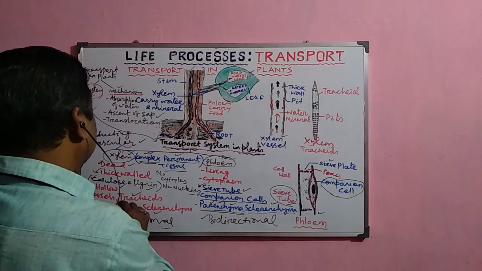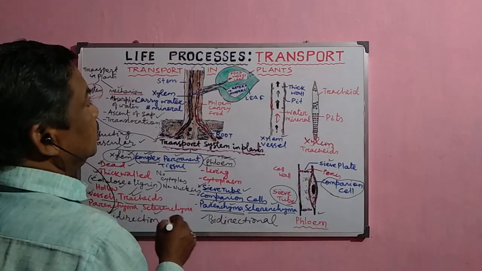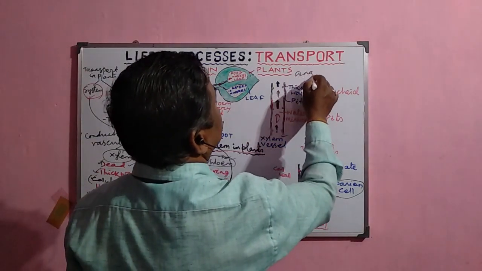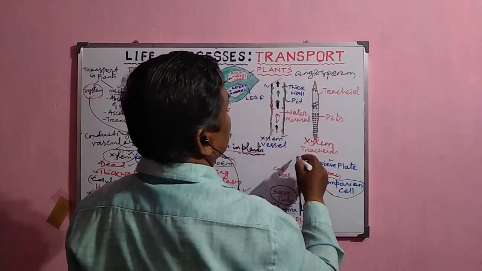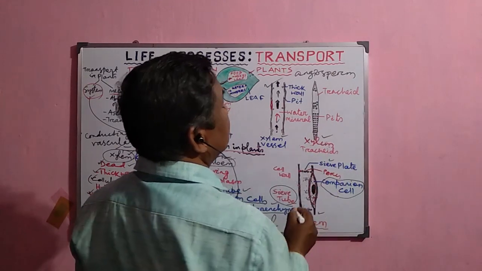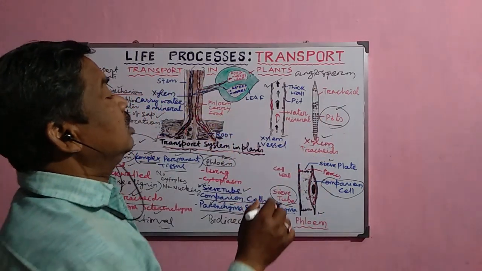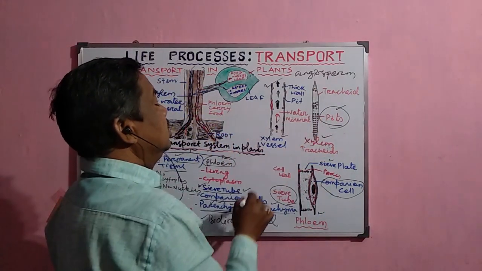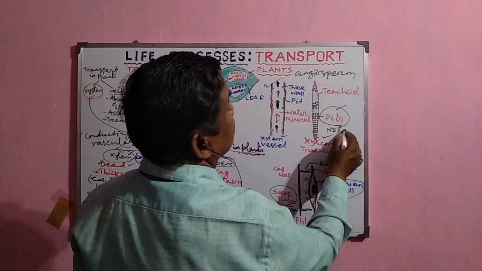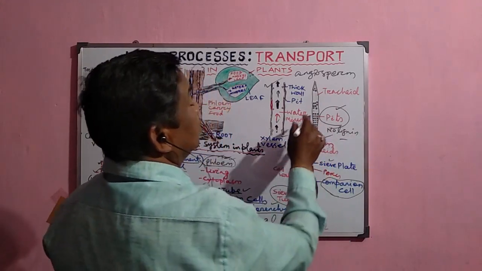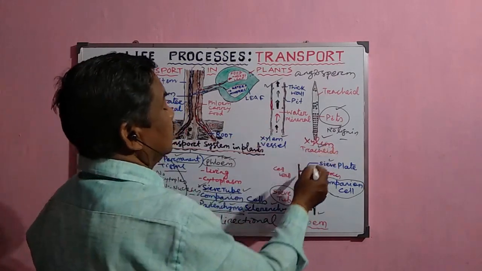And the tracheids and vessels, which are normally part of the xylem, are present in the angiospermic plants. In the angiosperms, these are plentifully available, both xylem vessels and the tracheids. The tracheids have pits, which are not actually pores, but thinner parts, and here normally lignin is absent. No lignin is there, so only cellulose is there. That is why through this the water moves from one tracheid to another tracheid.